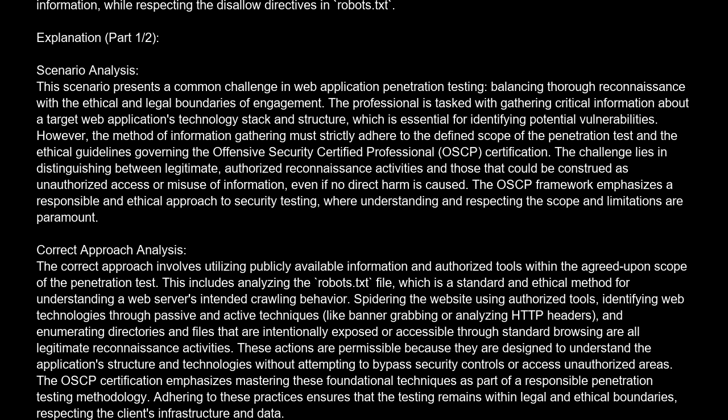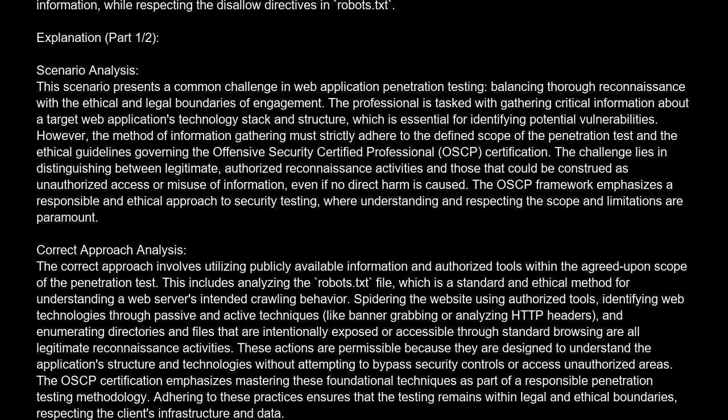The correct approach involves utilizing publicly available information and authorized tools within the agreed-upon scope of the penetration test. This includes analyzing the robots.txt file, which is a standard and ethical method for understanding a web server's intended crawling behavior, spidering the website using authorized tools, identifying web technologies through passive and active techniques, like banner grabbing or analyzing HTTP headers, and enumerating directories and files that are intentionally exposed or accessible through standard browsing are all legitimate